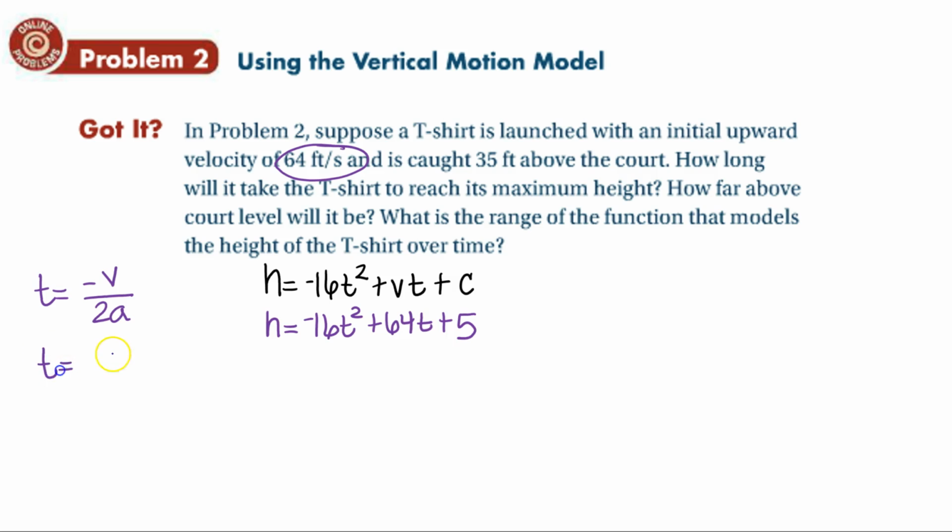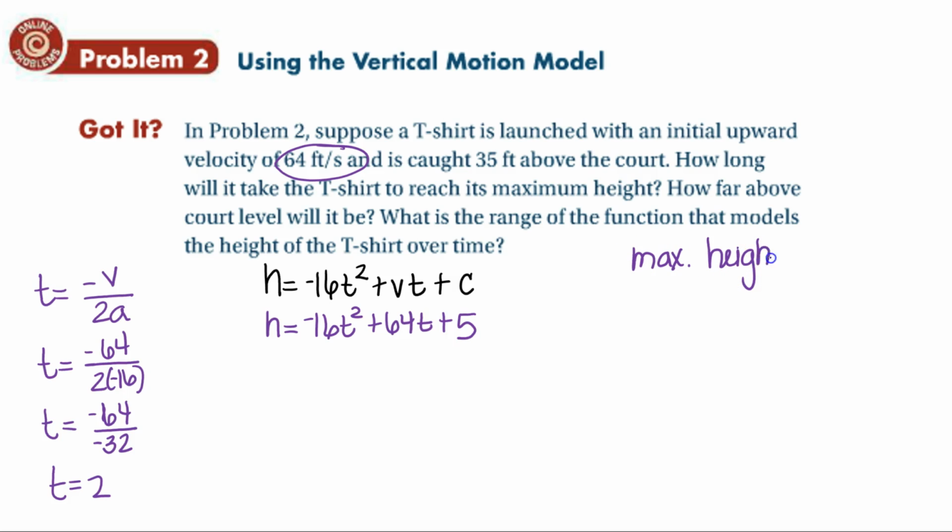So my time is going to be negative 64 over 2 times negative 16, so my time is negative 64 divided by negative 32. So what is my time? 2. So my maximum height time is 2 seconds,